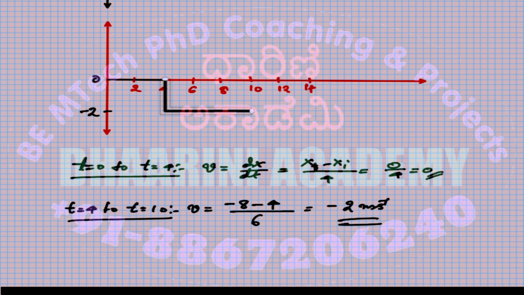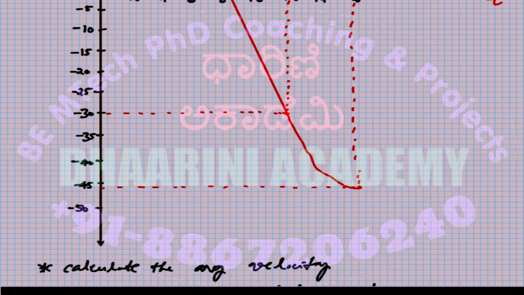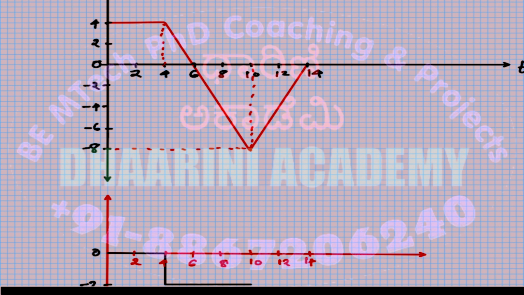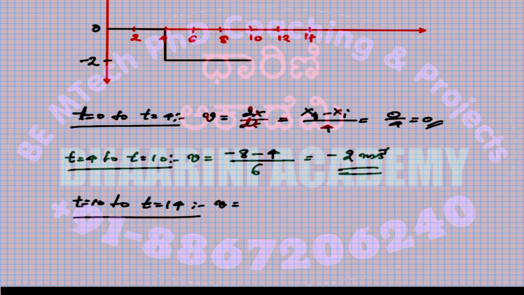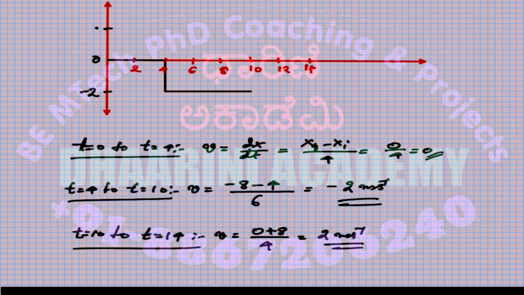Okay, next part, 10 to 14. So t is equal to 10 to t is equal to 14. So velocity is equal to the final value minus initial value, right? Final value is 0, initial value is minus 8. So 0 minus of minus 8 is plus 8 divided by 10 to 14, so 4. So that is equal to 2 meter per second. This is positive 2 meter per second. So if I mark this as plus 2,